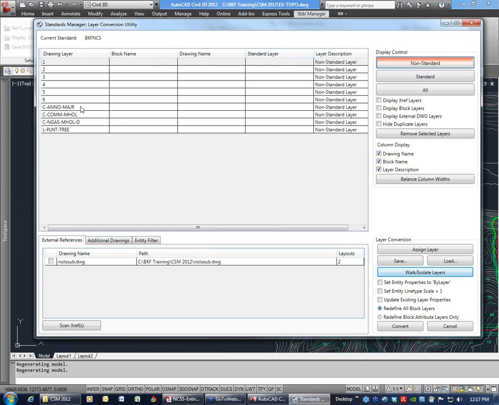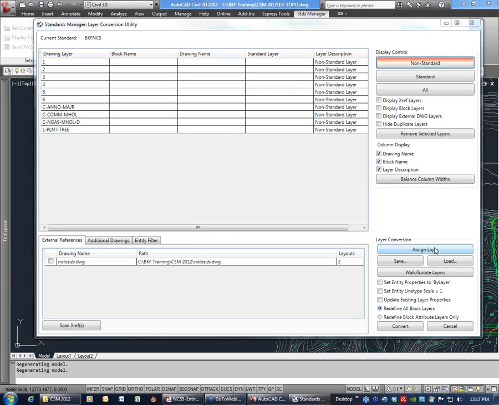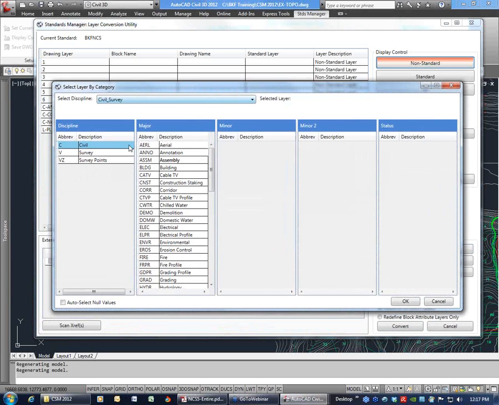Now this process can be kind of tedious because you have to say, this layer goes to here, this layer goes to that. So I'm just going to be easy about it. Let's say layers 1 through 6, I'm going to assign a layer to it. This interface is similar to the other one as well. It has been upgraded a little bit in 2014, so this will be a little different in 14. You have some search capabilities